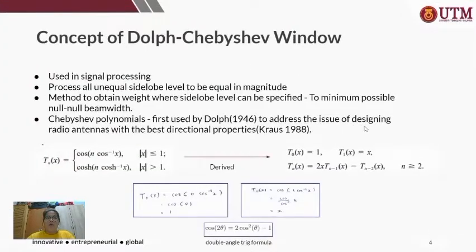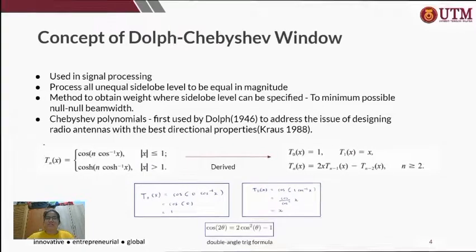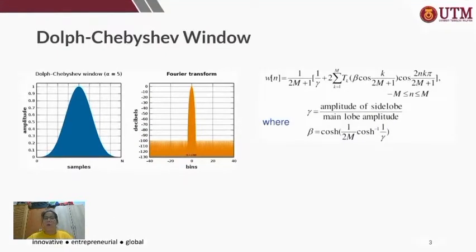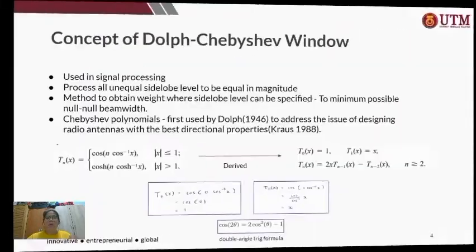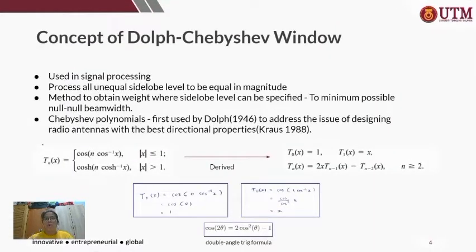So what is the Dolph-Chebyshev window used in? It is used in signal processing. It processes unequal side lobes, just like the figure I showed just now, where all the side lobes have an equal height. So this window is used to make all unequal side lobe levels equal in magnitude, so they will have an equal amplitude. And then it is a method to obtain weights where the side lobe level can be specified to the minimum possible non-bin weight. The Chebyshev polynomial was first used by Dolph in 1946 to address the issue of designing radio antennas with